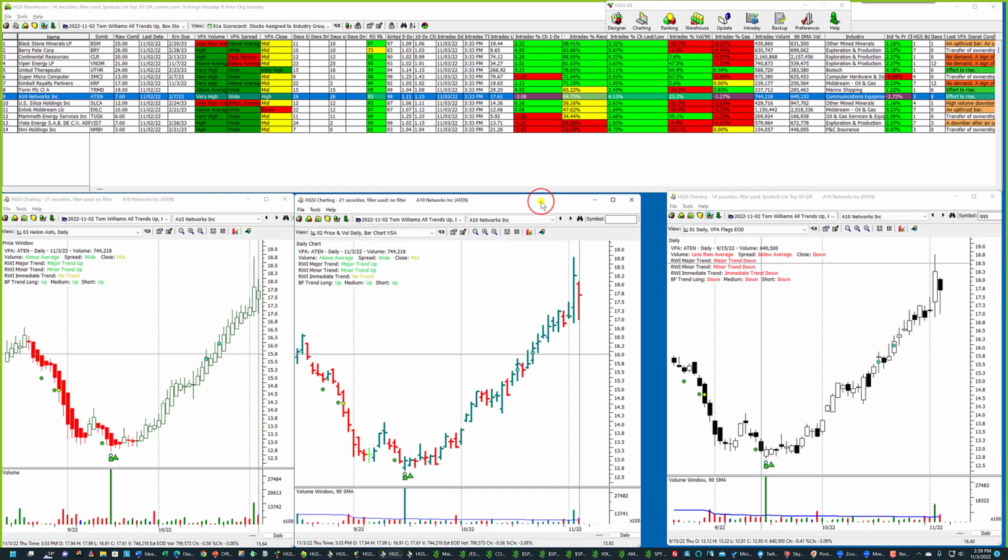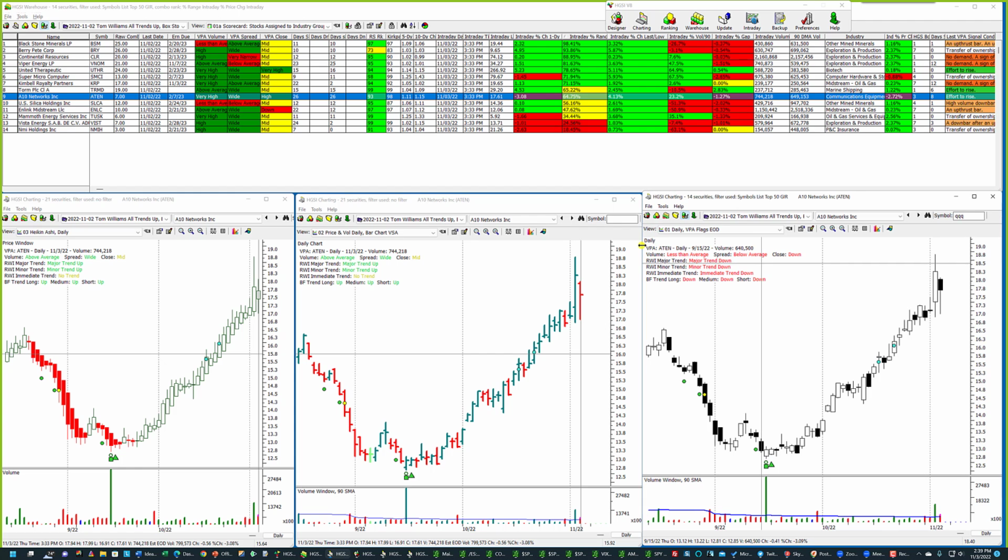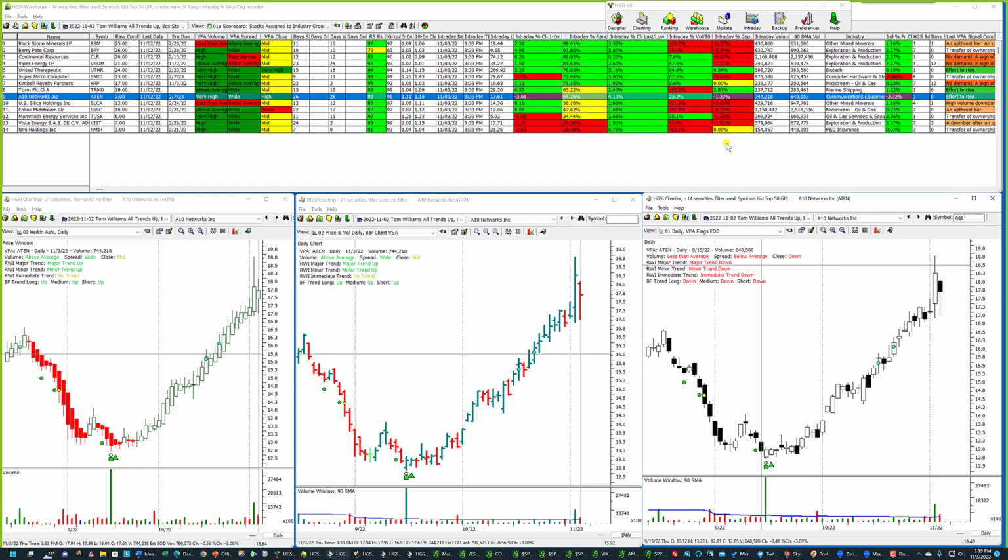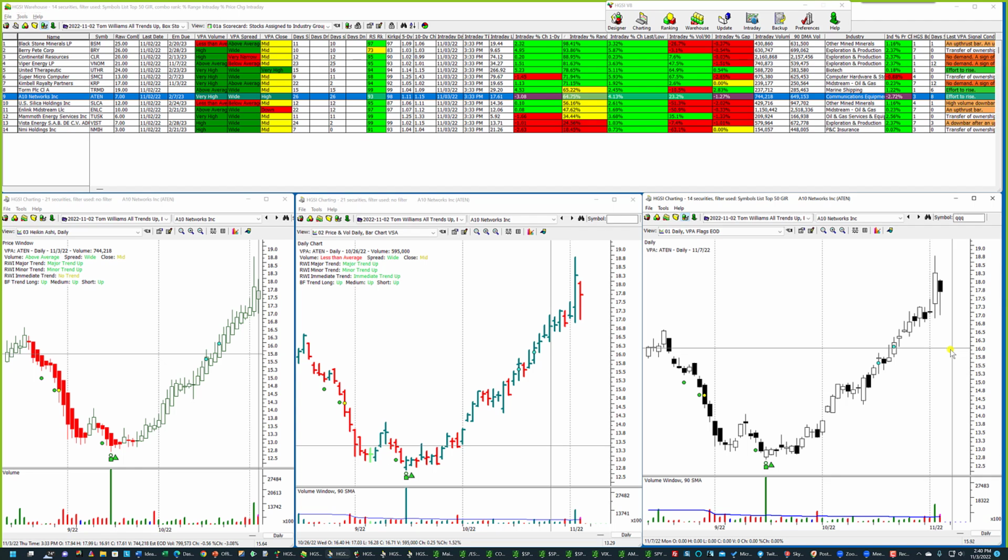Well, this is one nice thing about HCSI. You can create any kind of chart you want to, and then you can analyze it. So I'm in this Tom Williams, all trends up. These are HCSI box stocks. You can see that over here they're box stocks. And this is a stock, this is A10 Networks, which I'm looking at with just a candlestick chart and VPA flags. I'm looking at a Williams chart, and I'm looking at a Heikin-Ashi chart, which averages the